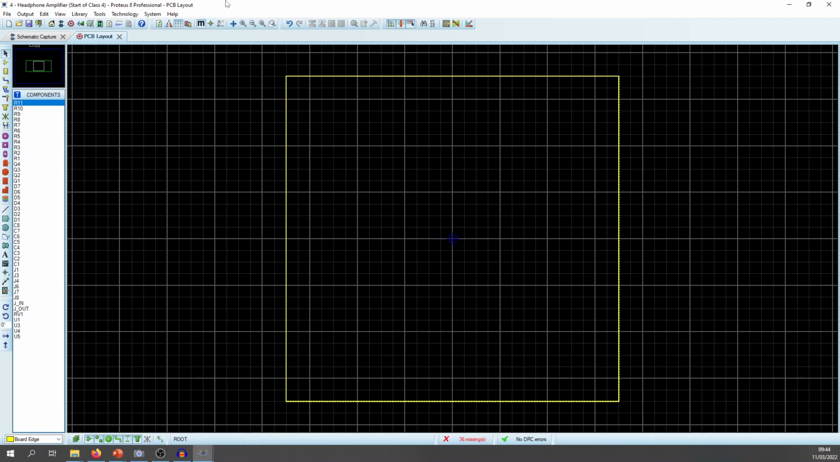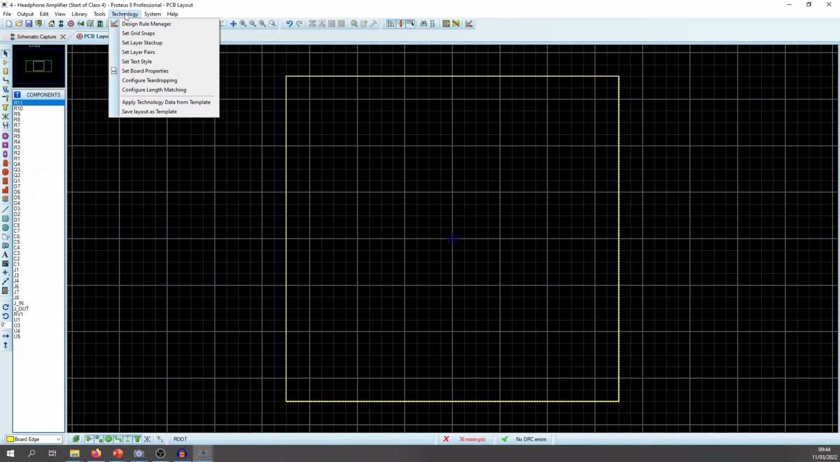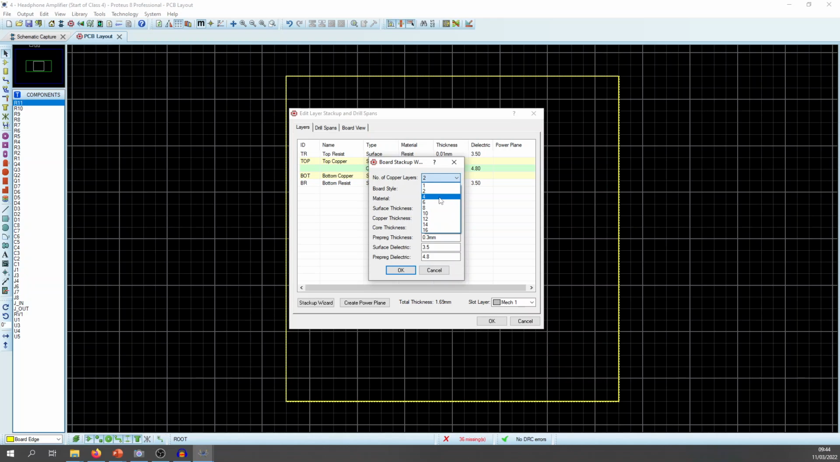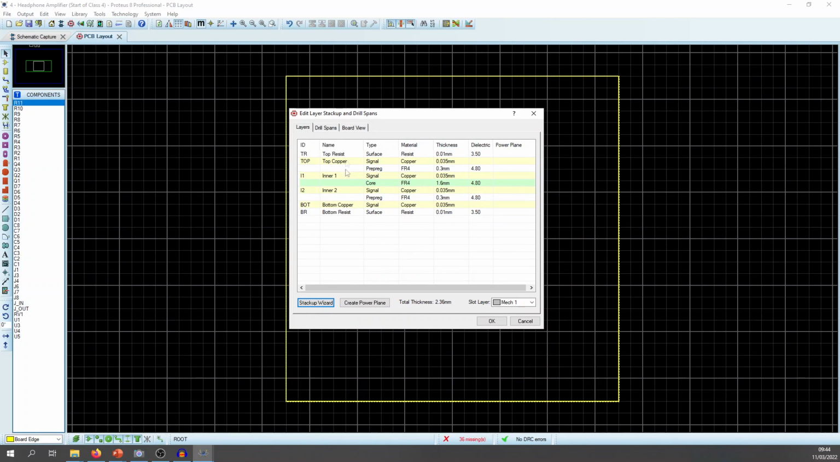Right, so next is the layer stack up. So I think, yeah, Technology, Set Layer Stack Up. Now on here, we've currently got a 2 layer board. We're going to create a 4 layer board, and the way that we do that is you click Stack Up Wizard and we set 4 layers. I'm going to keep these parameters constant for now. Now we've got 4 layers on our board,